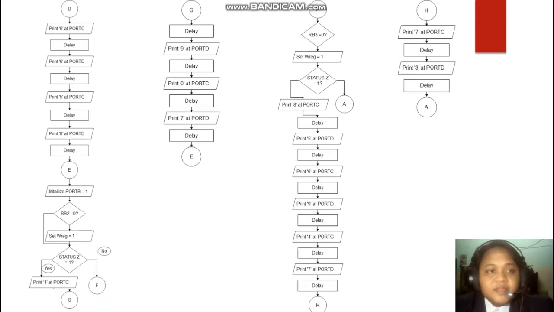Next, D is the continuation of display 3. So in display 3, we print the number 6 at port C. Also go through the delay. After that, we print number C also at port D, with the delay. And next, we print the number 5 at port C and go through the delay and print number 8 at port D. Also set the delay at E. E is column 2. So after that, we enter